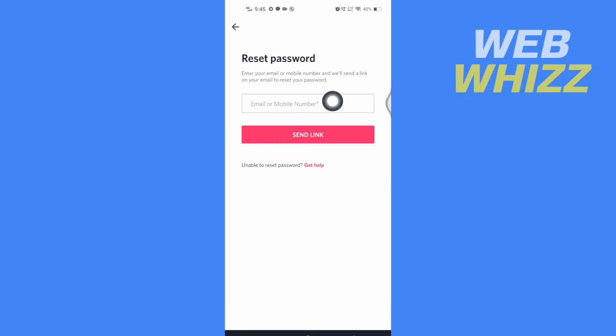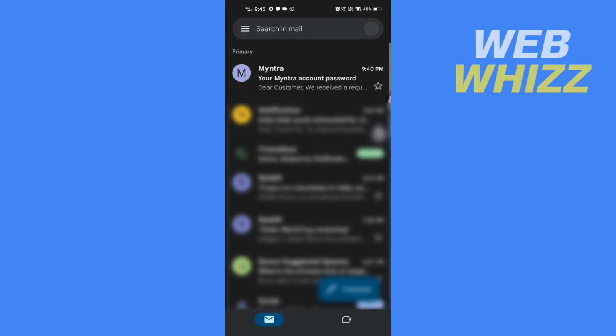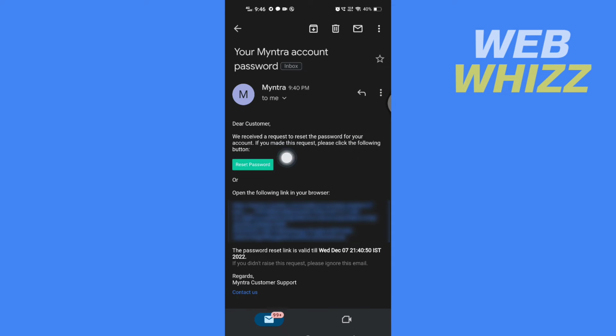enter your email here, and tap on send link. And now go to your email. You will receive an email like this from Myntra, and then here you have to tap on reset password,